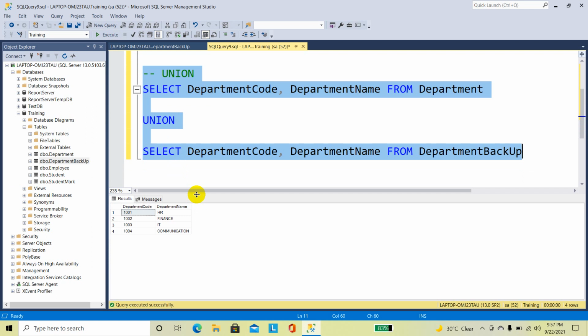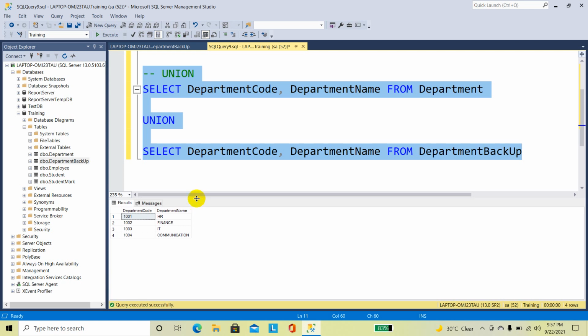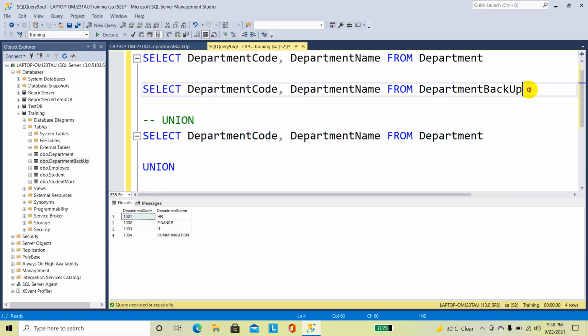So when we apply union for, for example, 2 tables, then we will get only the distinct records and it will eliminate all the duplicate records. You can apply union for 2 tables or more than 2 tables. For example, I have one more table.